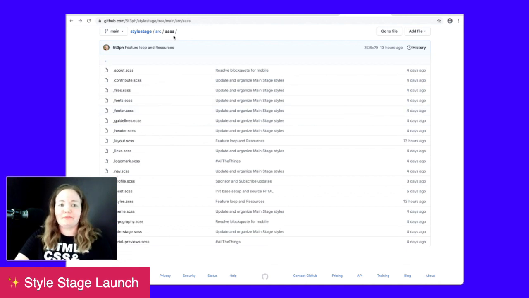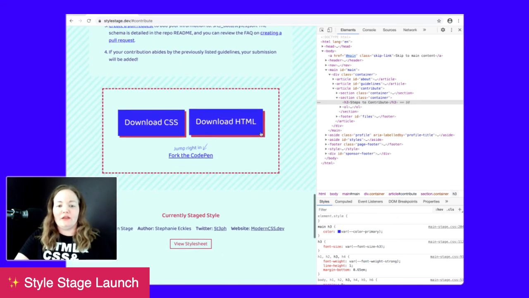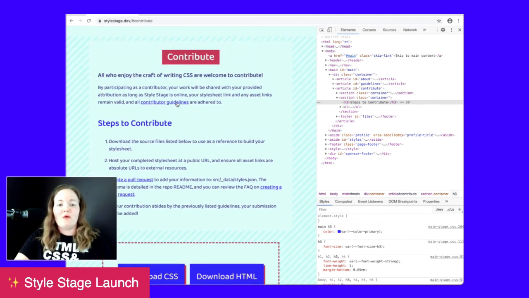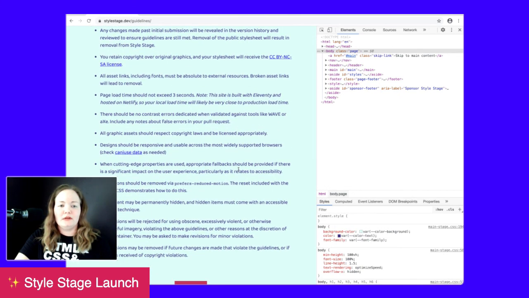Okay, so once you have your style sheet created, you need to be able to place it. Browser support. Yeah, good point. So in the guidelines, a couple points about that. So really the only one I put here is